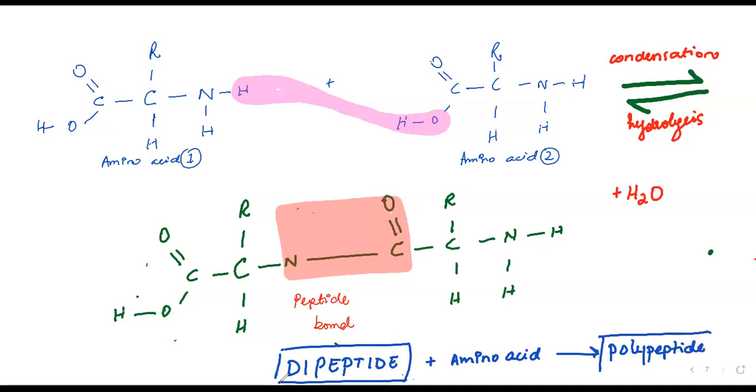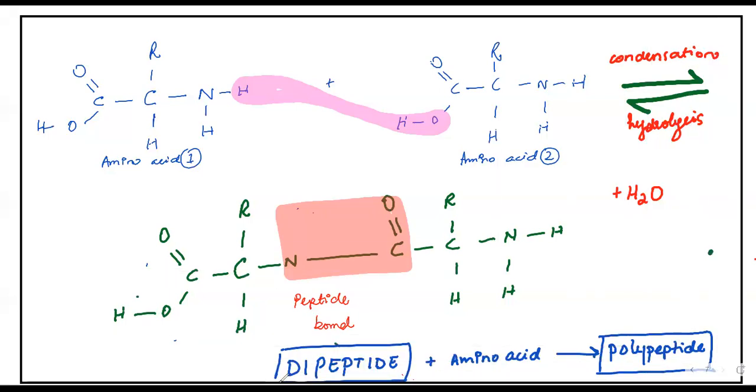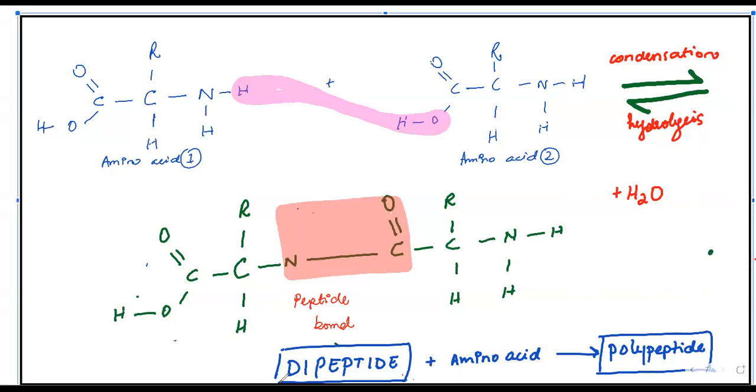Okay. So when two amino acids join with each other, it's known as a dipeptide. And when more than two amino acids join together with each other, we are going to be calling it a polypeptide. So this is how your amino acids are actually going to join with each other to make the bond that you see in your protein structure. Making sense so far? Anything that you would like to ask?